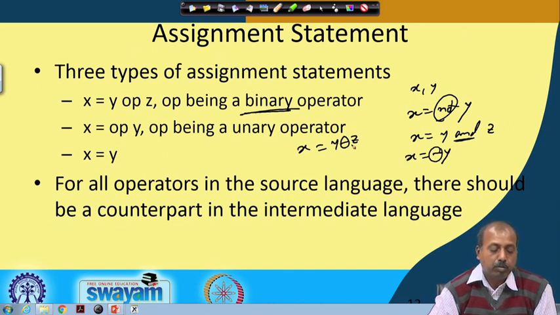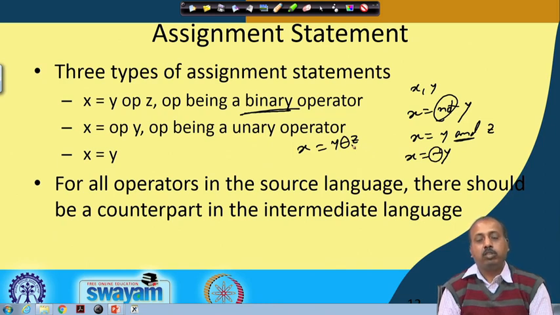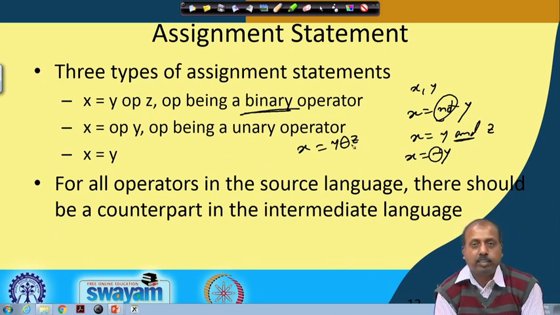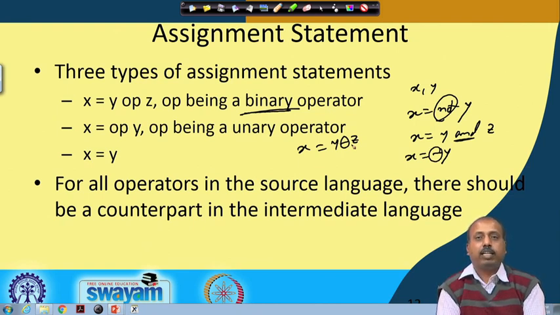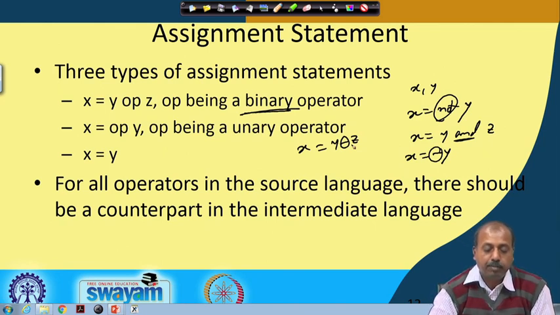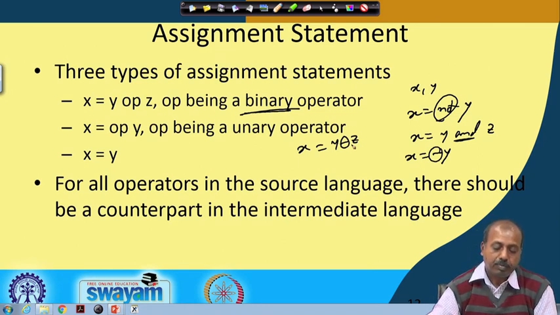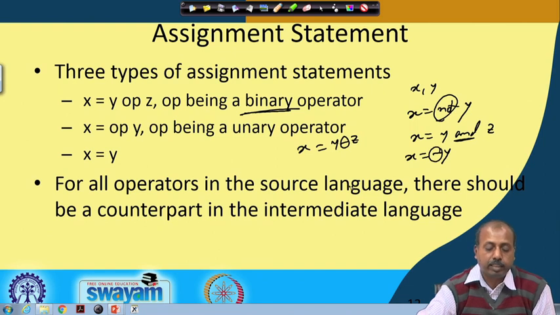So, you have to think about converting complex source language operators into simpler operators of this 3 address code, and that often brings loss of optimization. So, it is not advisable that we have an intermediate language with fewer operators than the source language.